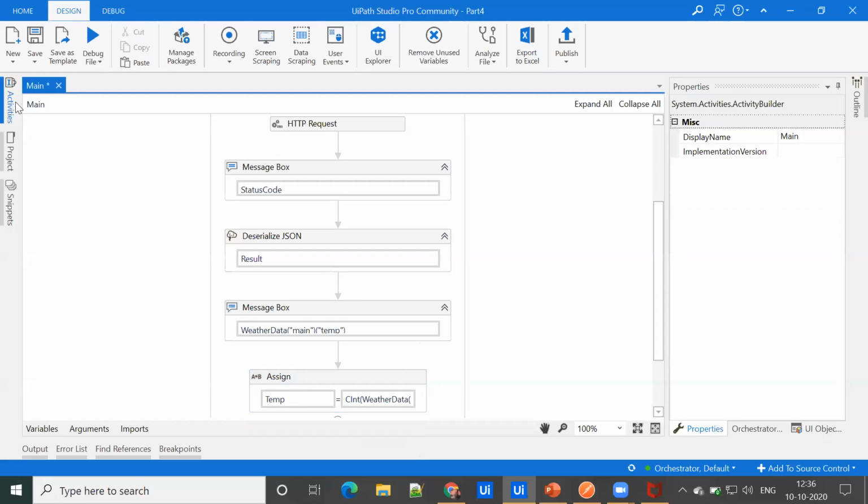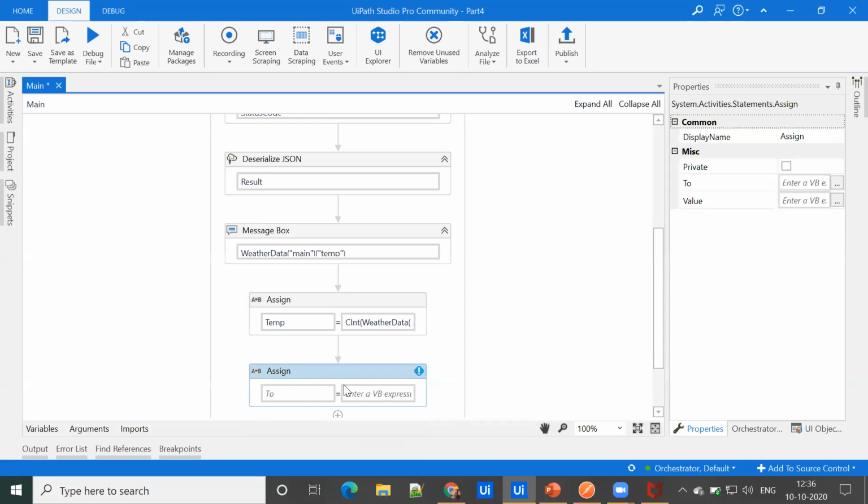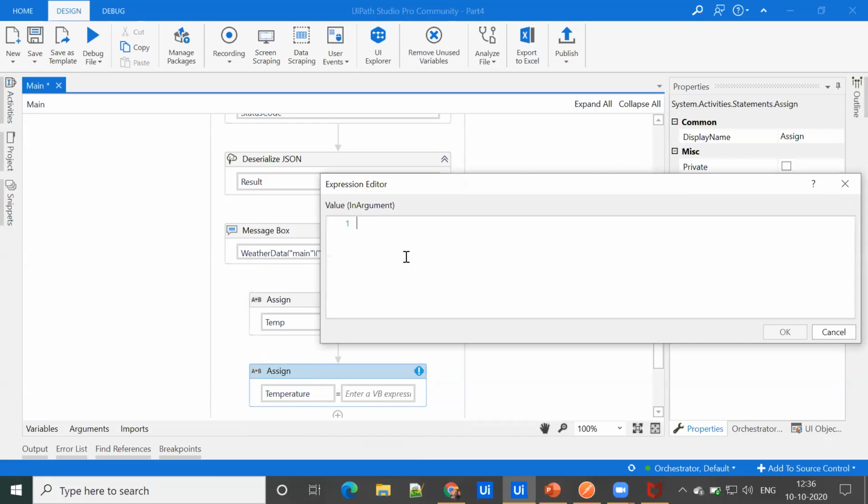We will drag one more Assign activity over here. This time we will create a temperature variable to store the Celsius temperature. And what we are going to pass here is temp, which is the Kelvin value, minus 273.15.